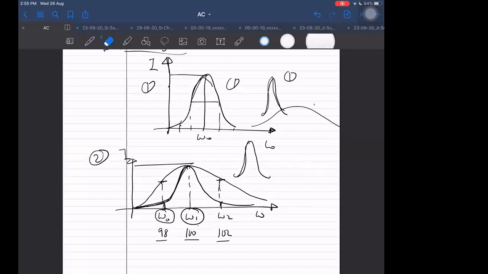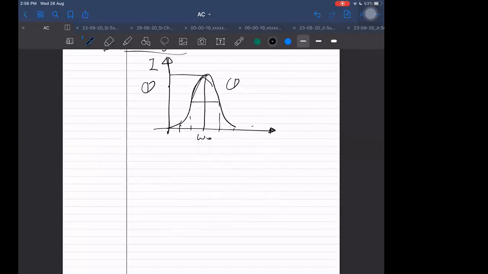Yes, sir. So one has better quality as compared to two. But this is just a vague definition. If I don't give an exact definition, then we will not be able to compare two circuits. Sometimes somebody will think that this appears to have much more peak and this appears to have less peak. How to decide now? I cannot decide. It is becoming difficult. So if I want to decide which has a better peak, there is a mathematical definition, from which I can say which has a better peak and which has better quality.